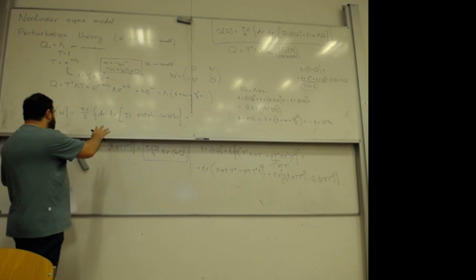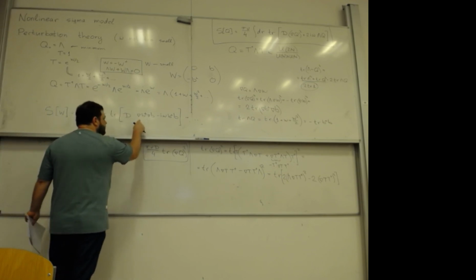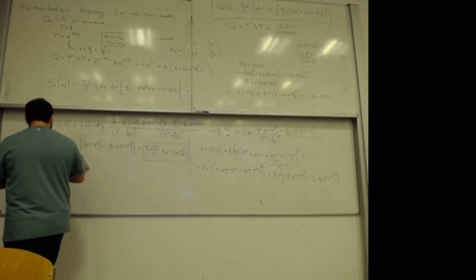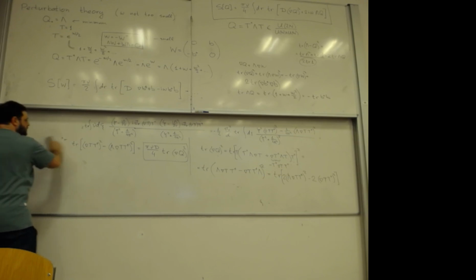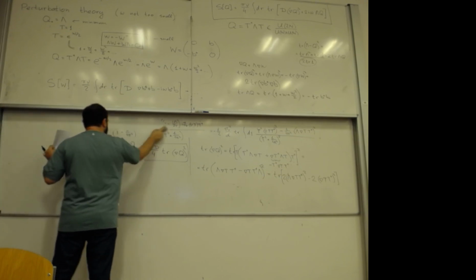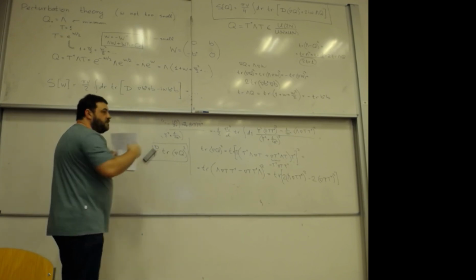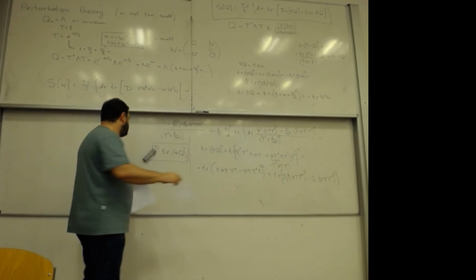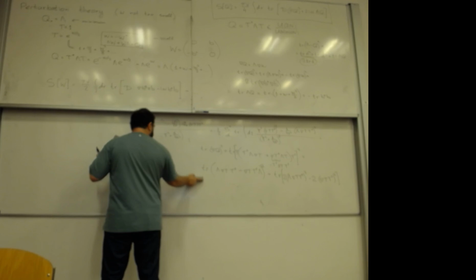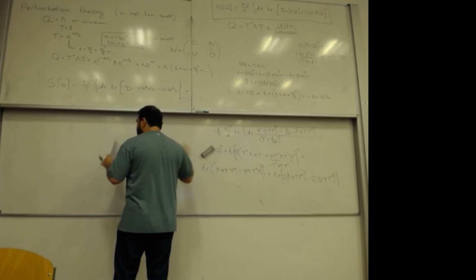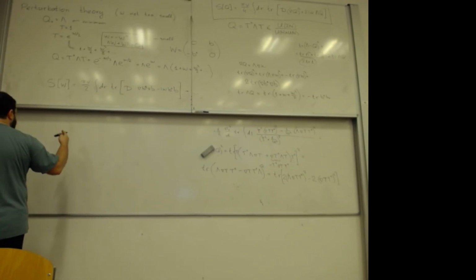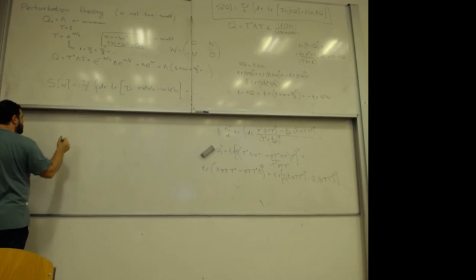Yes, I see. So, once again, this action, unfortunately, ended up on the bottom of the board. That's why I have to continue here. So this action tells us that our field B describes the deviation from the minimum of action, from Q equal to lambda. And since Q equals lambda is the minimum, there are no linear terms of the deviation. With a quadratic term, and this quadratic term gives us the Gaussian action, and we can compute what is called